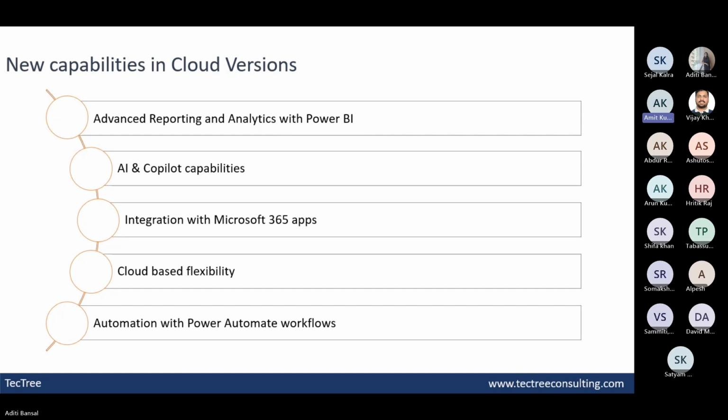Then comes the automation with Power Automate workflow. This is again one of the most powerful tools for workflow automation in Business Central, because Navision as well as Business Central already have inbuilt workflows, but the Power Automate can give you access to integrate with third-party services. Let's say if you activate the Power Automate workflows, you can get the notification on